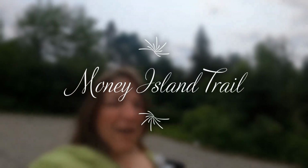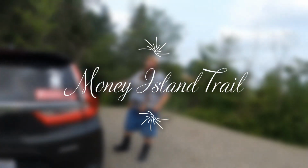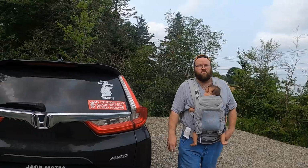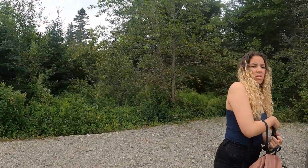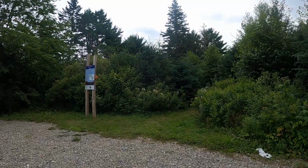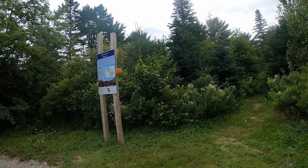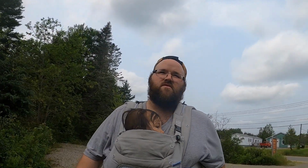We are here for our next adventure, still in Maine. We are getting ready to do the Money Island Trail. Just got everybody all ready here. So the Money Island Trail is what, 4.6? Well, it's multiple trails. The Money Island Trail is just part of the trail that we're doing. Okay. It's actually the...